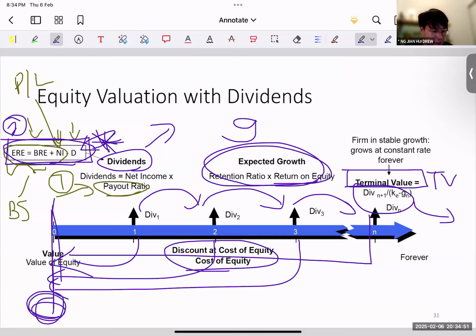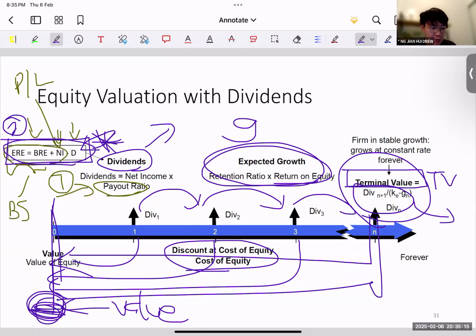And this is where we'll find out what our value is. We're not going into all this detail now because we will cover it in the next lecture, with a deep dive on how to do it step by step. But the idea is that we have a terminal value, which is a growing perpetuity forever. We discount it all the way back to time zero, as well as all the dividends, based on the cost of equity.